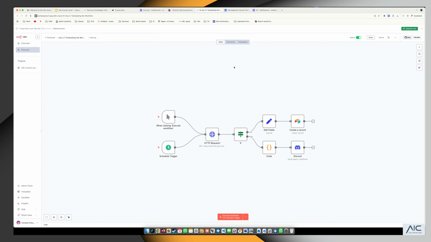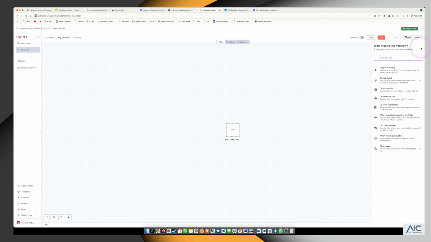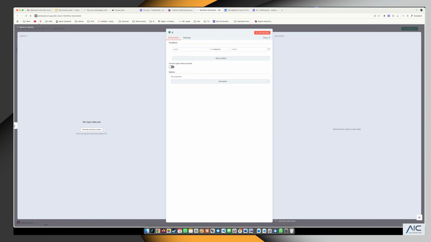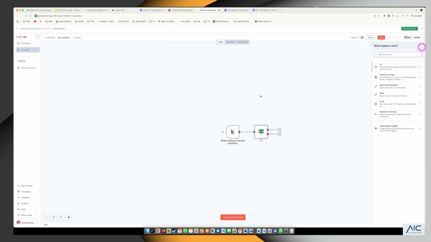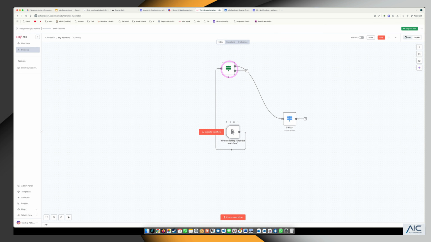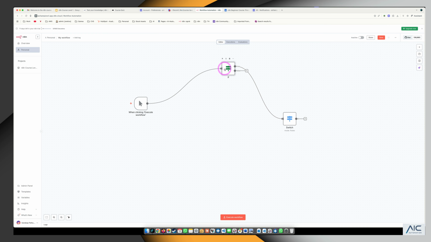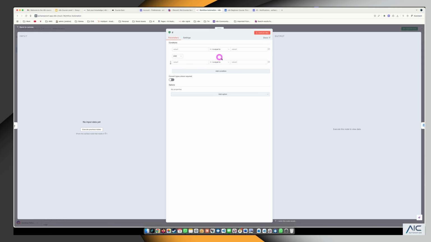All right, I'm going to create a new workflow over here. We're going to get an if node and a switch node, and let's see what is the difference. In the if node, there is only a true and a false, so only two. We can add multiple conditions, like an and an or.